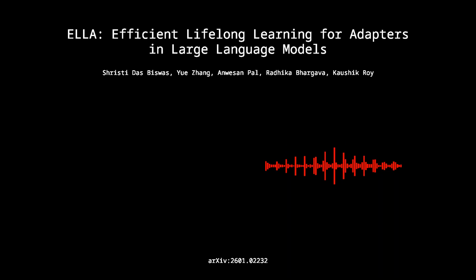Today we are tackling what is really a relentless tension at the heart of deploying large language models: continual learning. How do you keep an LLM current? How do you get it to adapt to new information without massive computational costs, or, and this is the big one, without it completely erasing its foundational knowledge?